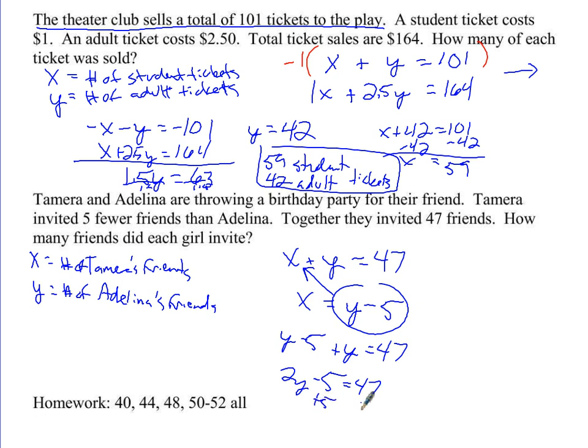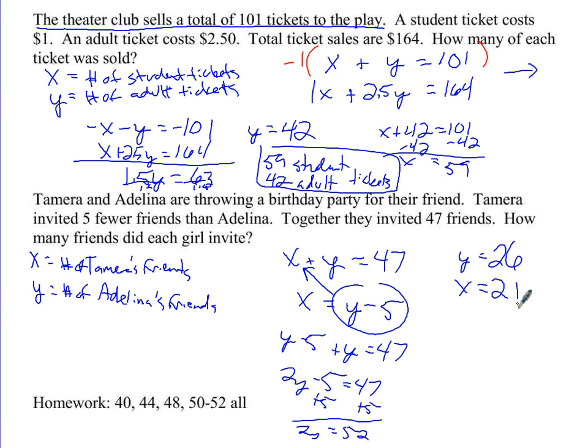Add 5 to both sides. And we have 2y equals 52. Divide both sides by 2 and you get y equals 26. So y was the number of Adelina's friends, 26, which means that x is the number of Tamara's friends, and that would be